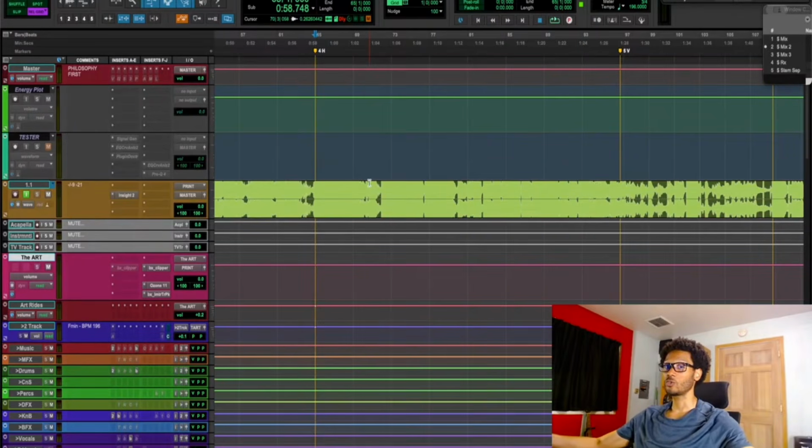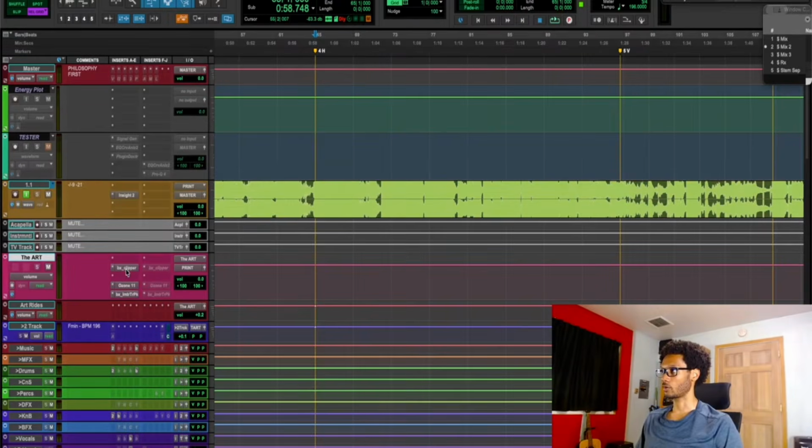Now, if I wanted to be loud, I would have mixed this record totally different. The loudness does not happen on the master. If I want the song to be loud, I'm going to mix for loudness. And if I want the song to be loud, it must be a song that benefits from the loudness aesthetic.